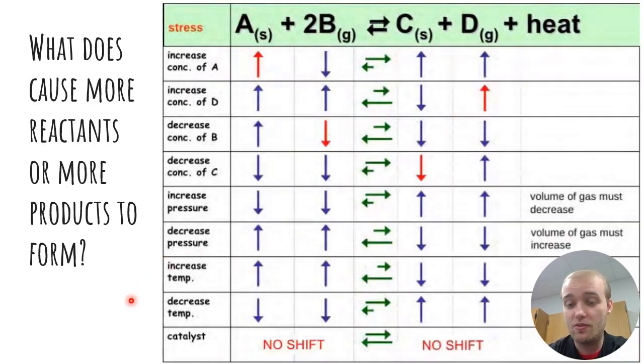This slide right here is usually pretty important for chemists because of something called Le Chatelier's principle. We'll cover that in a much later lecture, but for right now, this is kind of an introduction to Le Chatelier's principle. So what this chart is, it tells you what causes more reactants or more products to form in equilibrium. So you've now learned what equilibrium is, but one question a lot of my students always ask is, well,